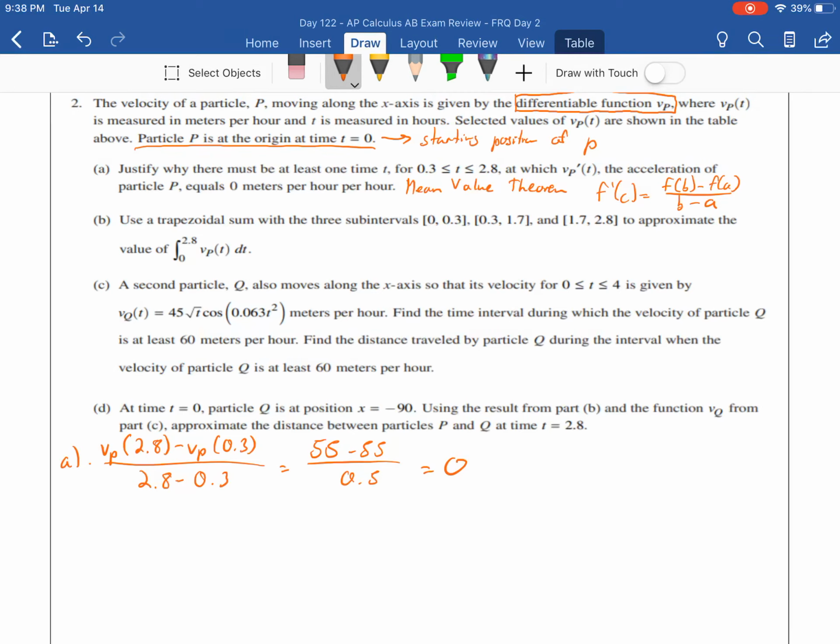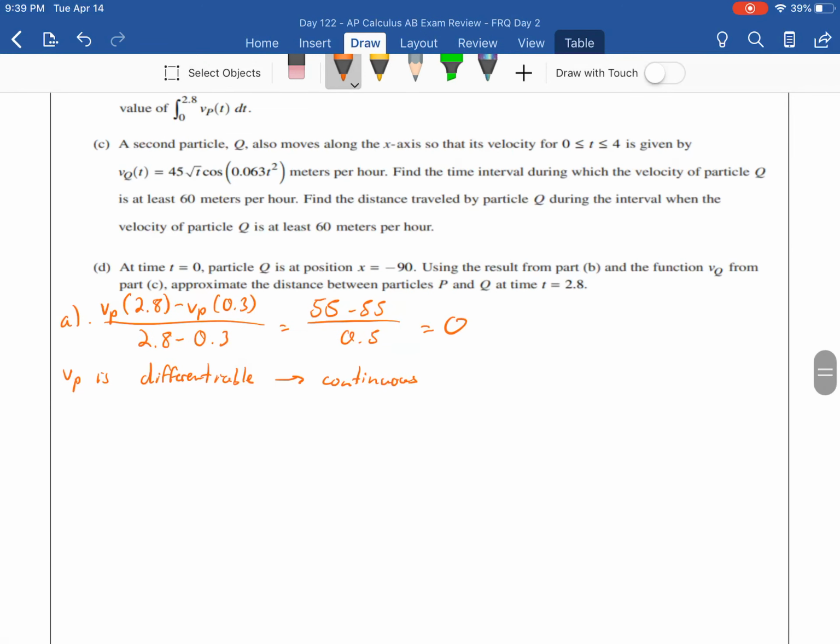So hence, we basically proved what we wanted to prove. So now we just got to make our conclusion. So first off, v sub p is differentiable because we're told in the problem, and thus continuous. If something is differentiable, it means it is continuous. So we can say by the mean value theorem, MVT, there exists some t such that t is between 0.3 and 2.8,